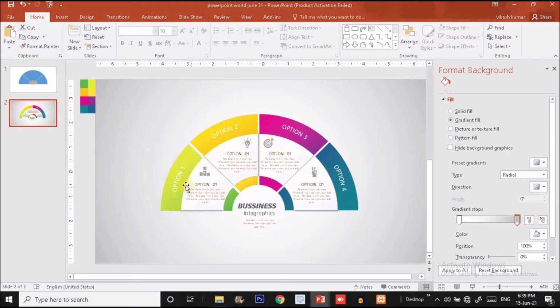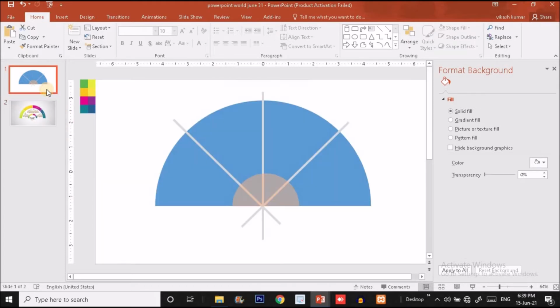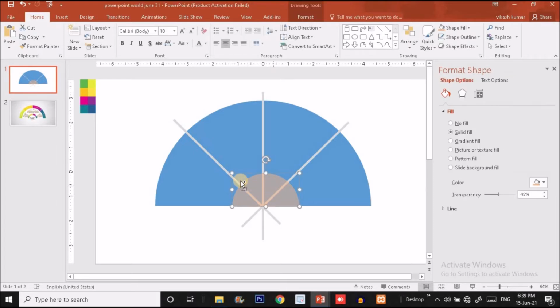Okay. Now for creating these small segments we have to create 2 more such semicircles, guys. So I'm going to reduce the size of this to this much and put it over here. Again pressing Ctrl D and increasing its size, like I'm going to do it this much and put it over here. Now I'm slightly going to decrease the size to this much and put it over here.